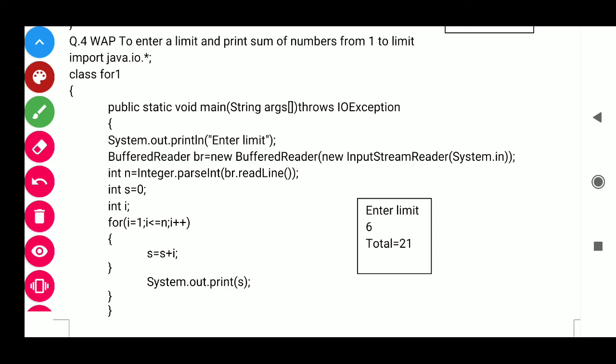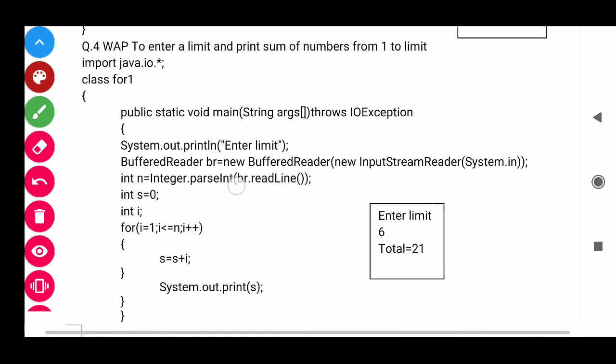So we have used Integer.parseInt. Parse means conversion. br.readLine means read the line. br is the object, through object parseInt converts into int, okay, and assigns to n. This is the meaning of this statement.